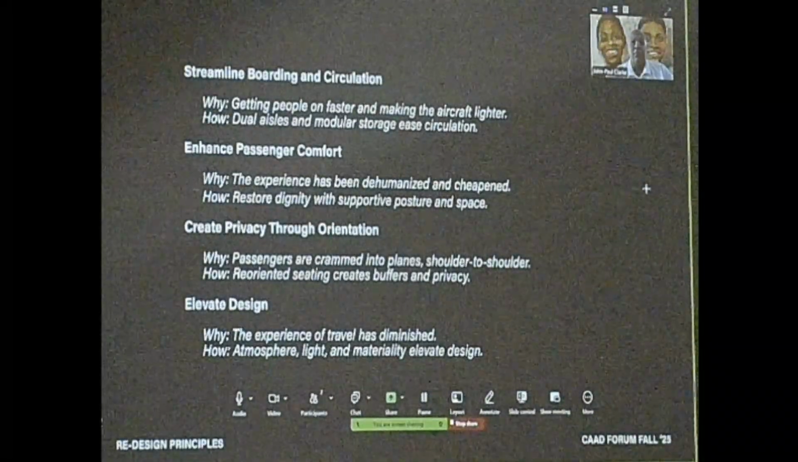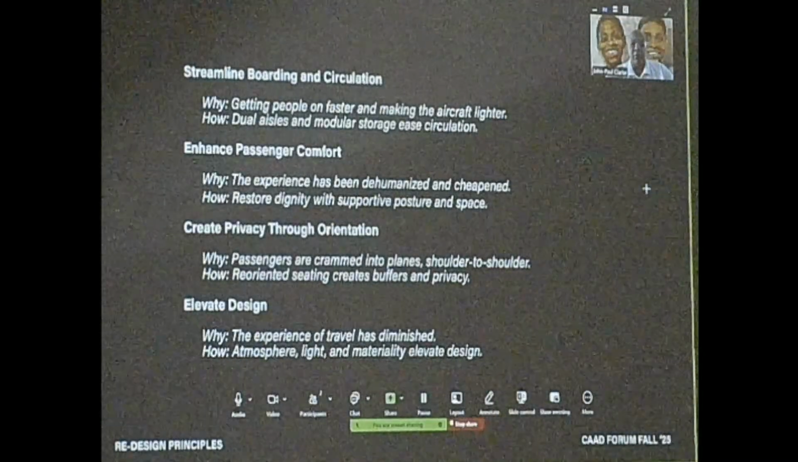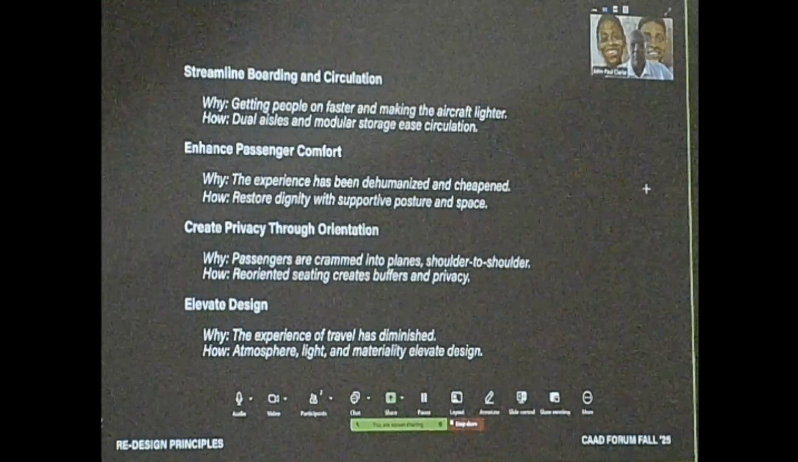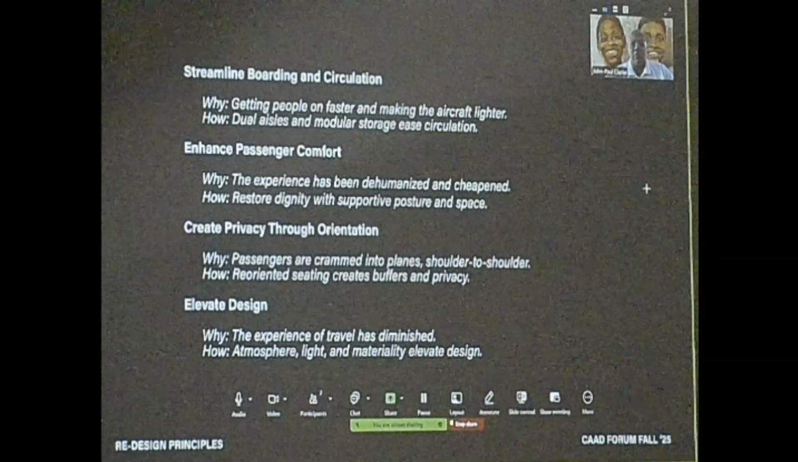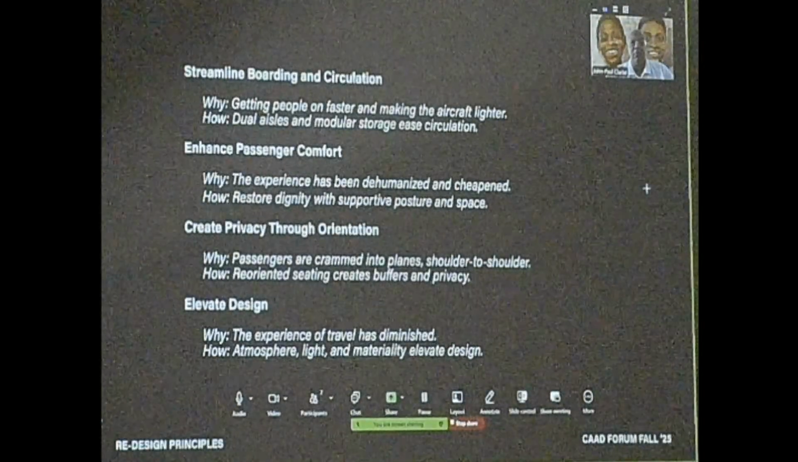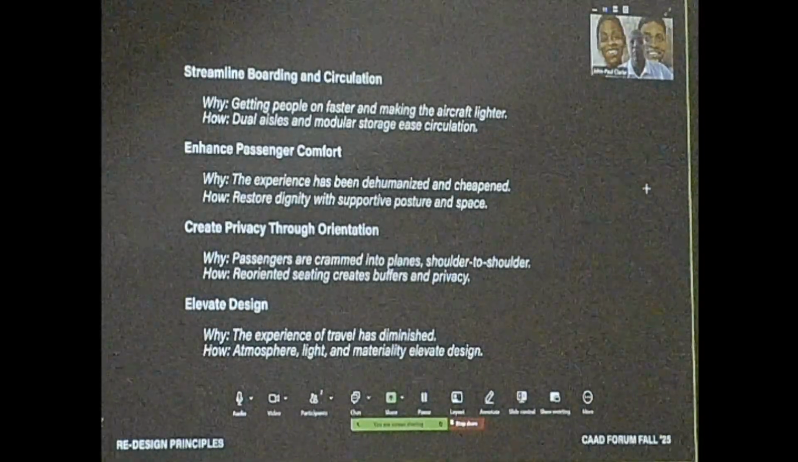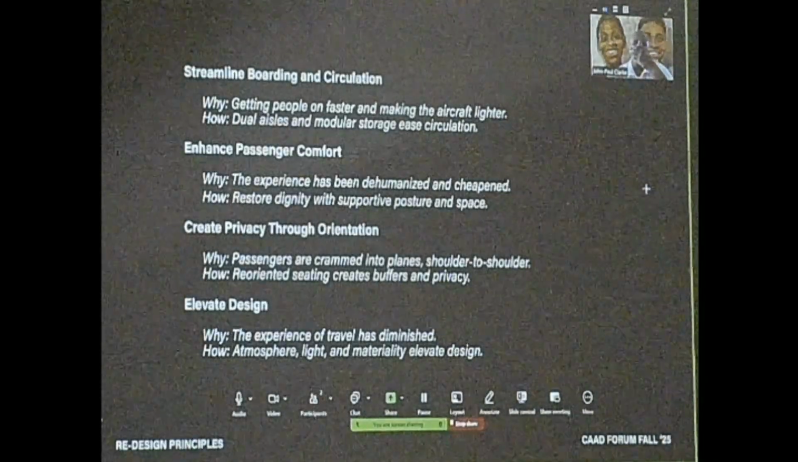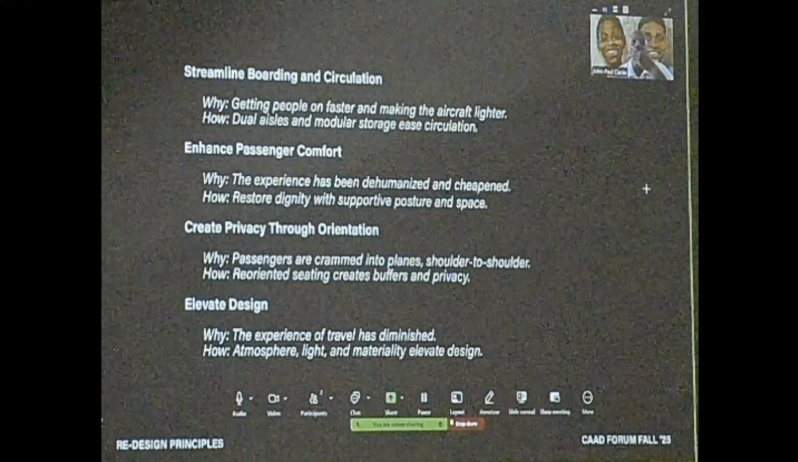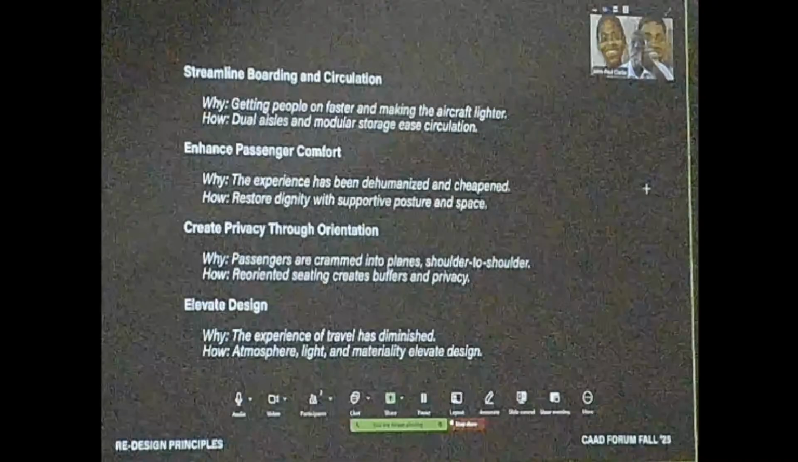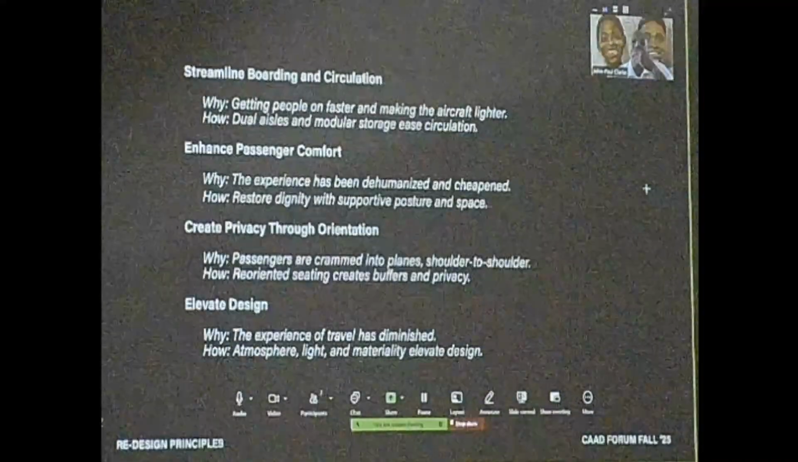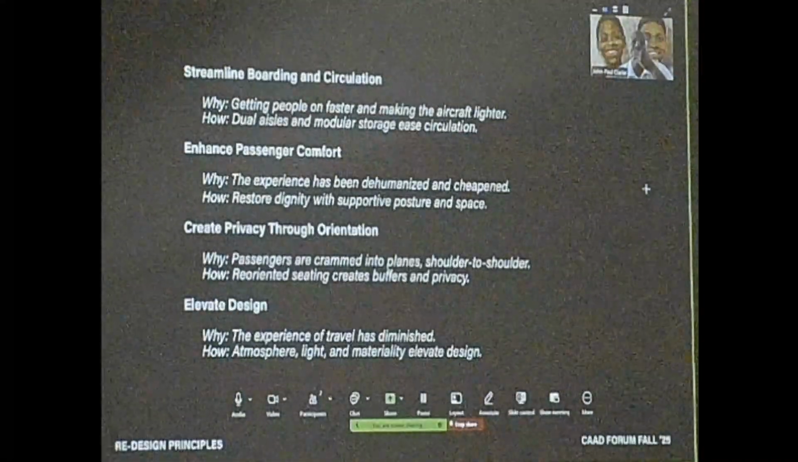So how do we bring back some of that dignity, so that whenever you arrive, you're not totally exhausted, and that you choose to fly again with this airline? It's going to be a boost for the airline if they can really differentiate themselves from others in this particular way. Privacy was another major concern, so we were really thinking about orientation as a way to create more buffers